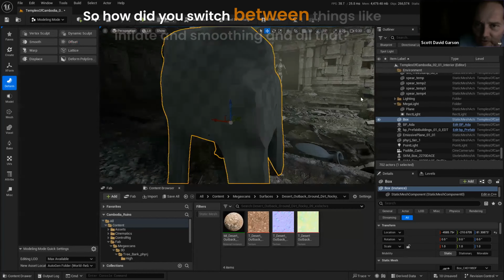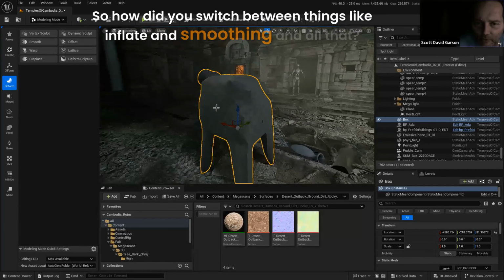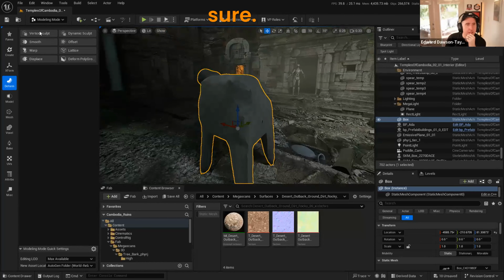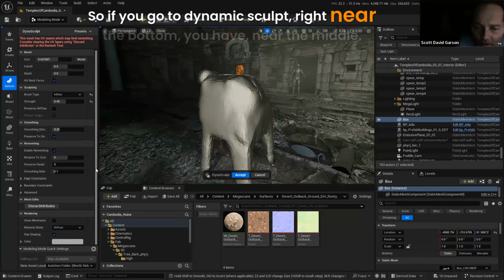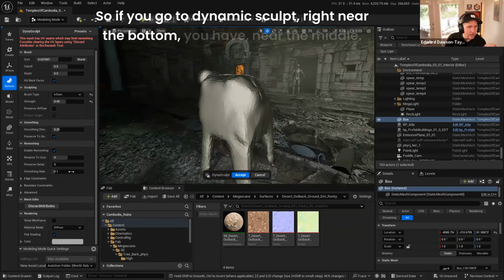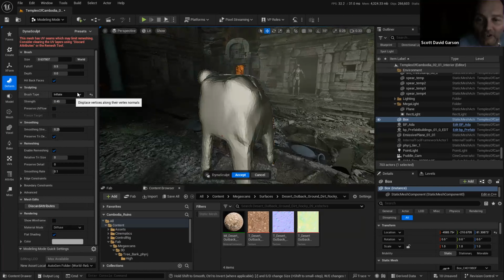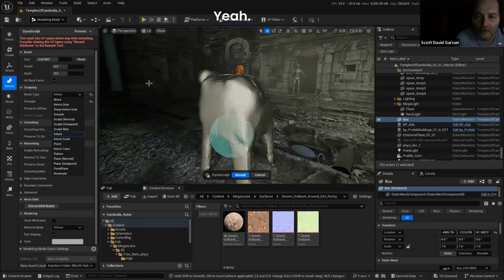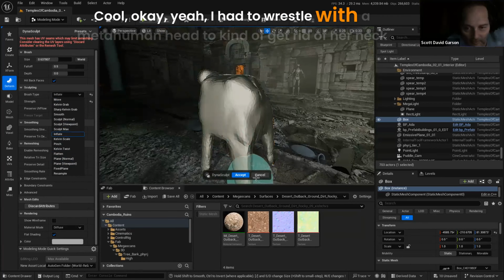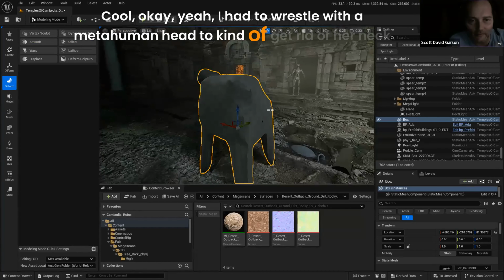Yeah, quick question. How did you switch between things like inflate and smoothing and all that? Oh, sure. So if you go to dynamic sculpt, right near the top, in brush type. Yeah, excellent. Inflate, move. There's quite a lot of them now. Yeah. Cool. Okay. Yeah, I had to wrestle with a MetaHuman head to get rid of her neck,